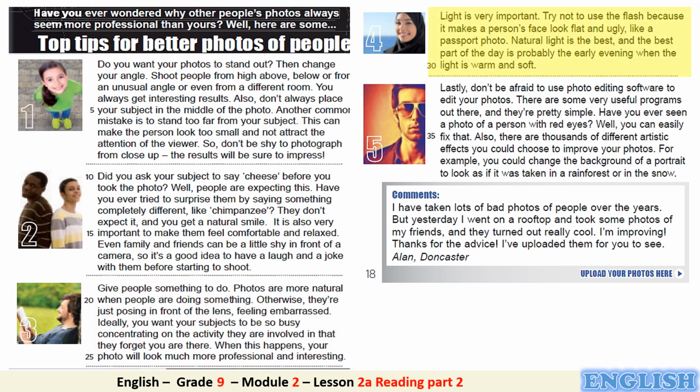Light is very important. Try not to use the flash because it makes a person's face look flat and ugly, like a passport photo. Natural light is the best, and the best part of the day is probably the early evening when the light is warm and soft. Lastly, don't be afraid to use photo editing software to edit your photos. There are some very useful programs out there, and they're pretty simple. Have you ever seen a photo of a person with red eyes? Well, you can easily fix that. Also, there are thousands of different artistic effects you could choose to improve your photos. For example, you could change the background of a portrait to look as if it was taken in a rainforest